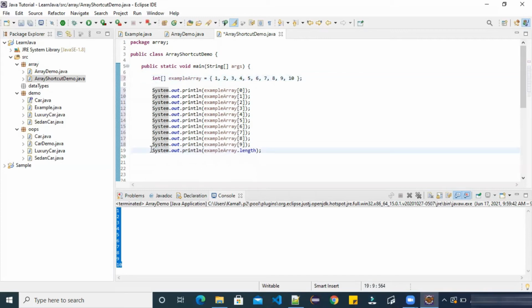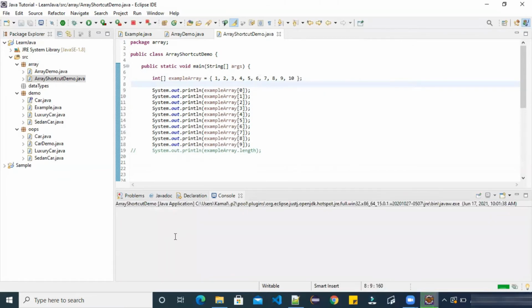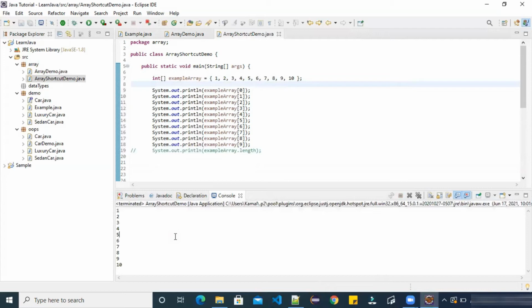Let me comment this line for a second, because we are going to print values first. Let me execute, then I will explain. Java application, and see again the same output.